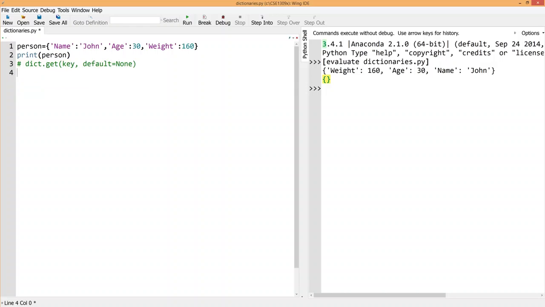Next, I'm going to show you the get method. Here is the syntax of the get method. What it does is get the value which is associated with the key. If I say x is equal to person.get, and let's say I want to get the age of the person, and then print x. When I run this program, you see that the age of the person is shown as